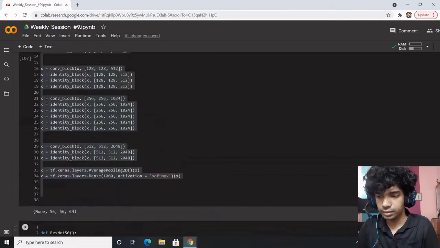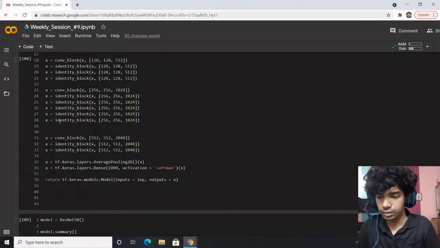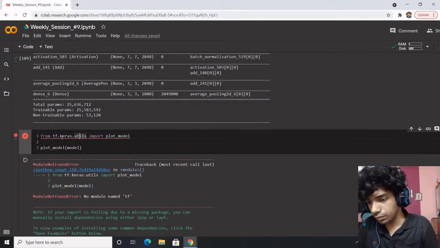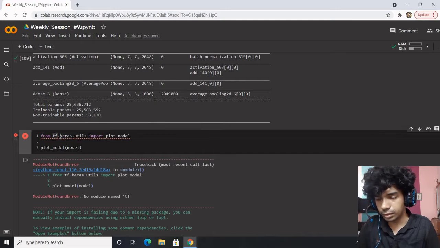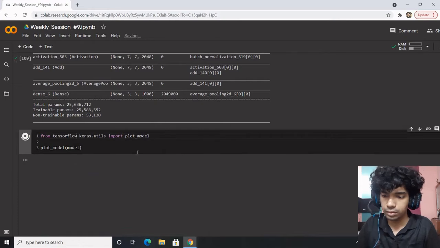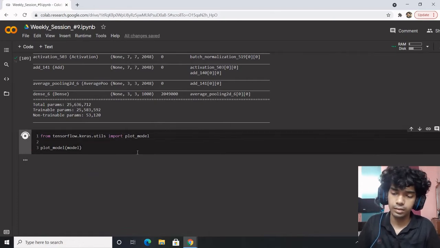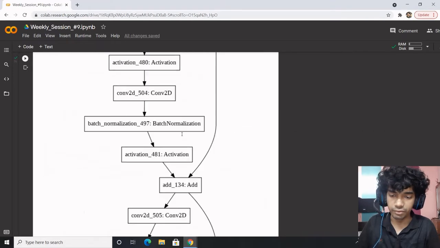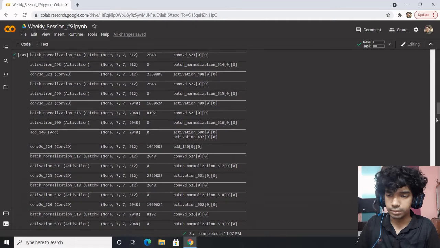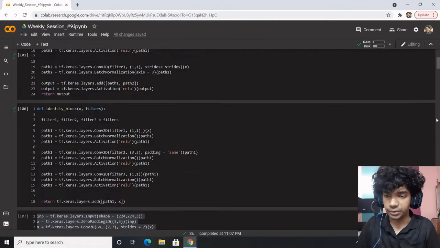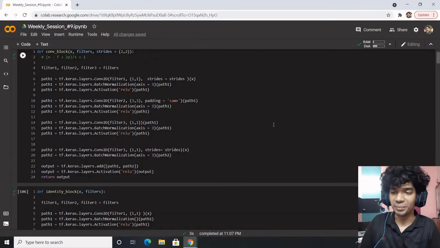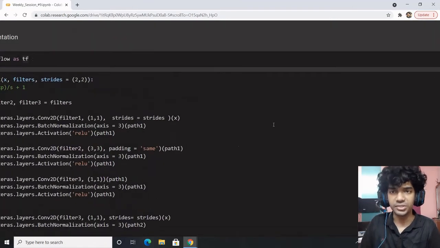What is it? tf.keras, give tensorflow. And there you have your ResNet 50 model right in front of you. This is the beauty of it, and I hope the implementation was clear and understandable. Let's see another topic, and this covered almost half of our session.